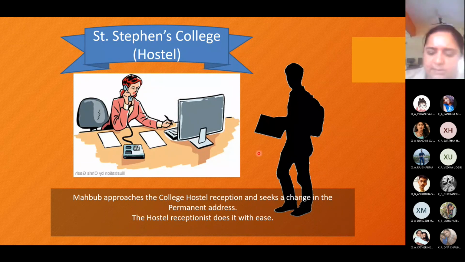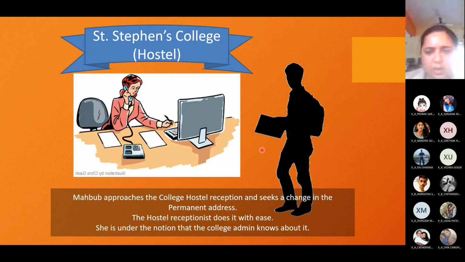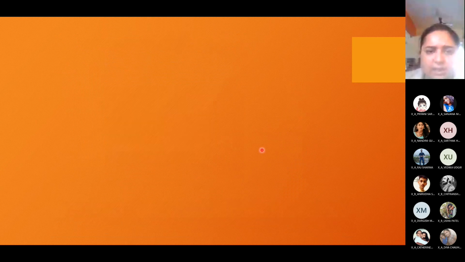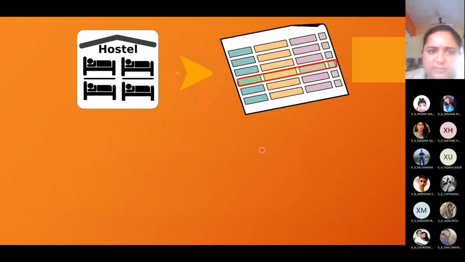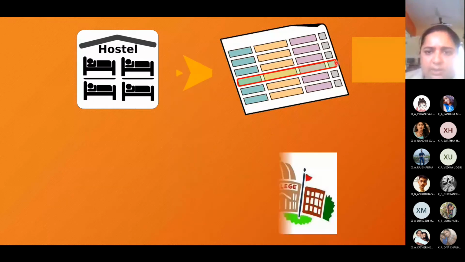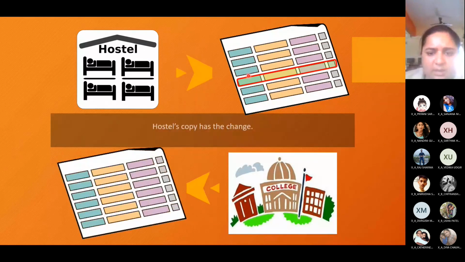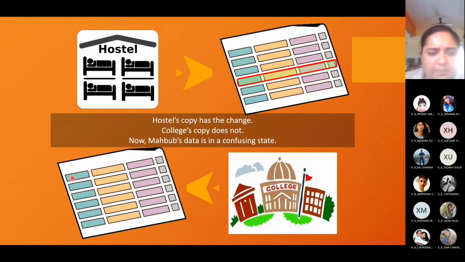The hostel receptionist has nothing to do with whether the college knows about his change of address or not, but she makes the change in the hostel copy. So you can see over here that the hostel copy record is changed, but in the college copy there is no change at all.